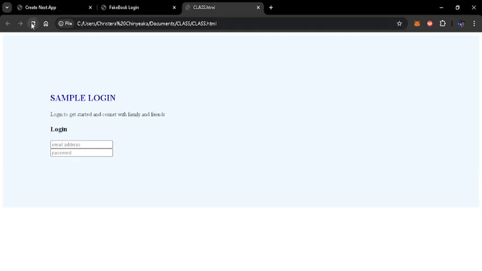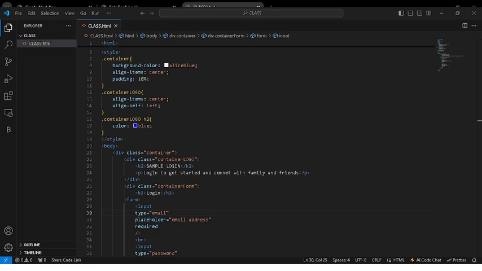So I'm gonna refresh. Okay, this is it. It is aligned to the left already. And then the next thing is to take this and make it align to the right. So this is what we're going to be doing to bring this login from this point to this part of the screen. Heading back to Visual Studio Code,